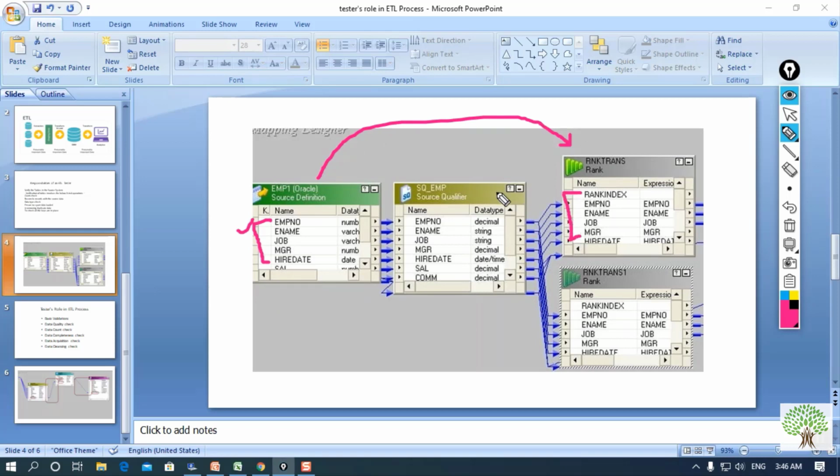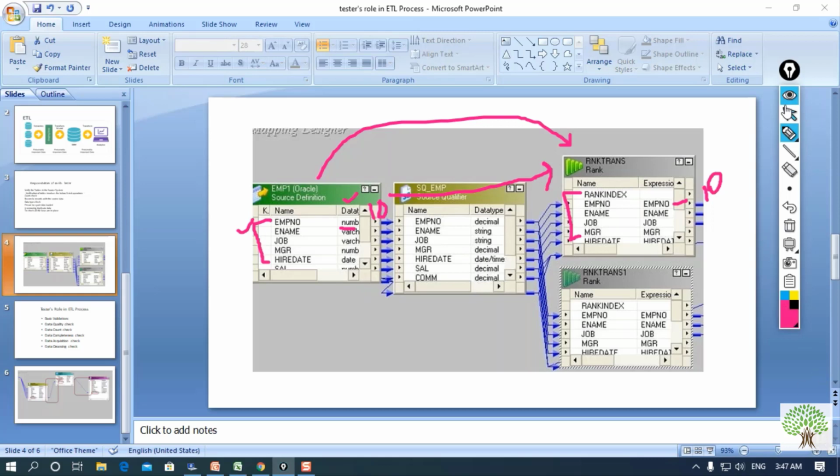So this comes under count check. The count check will not only ensure that the number of columns of the source and the target is the same, but it will also ensure that the length of all the data types is correct. That means if this contains numeric data and the length is given as 10, then it will make sure that the target table also contains the same data type as well as the length of 10, so that all the records can be passed properly.